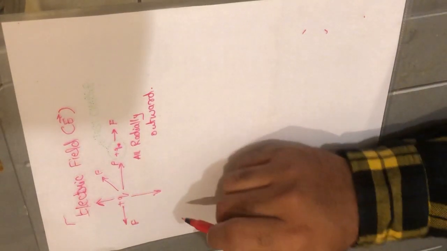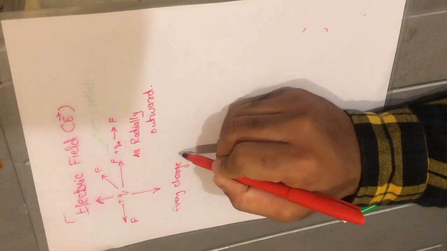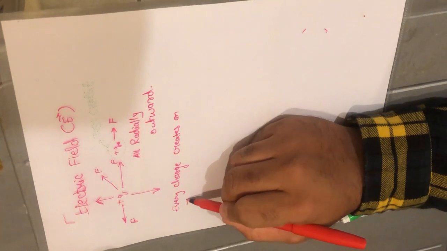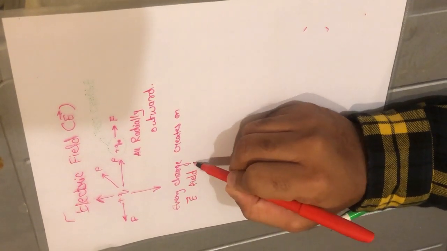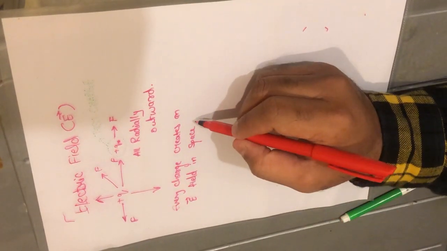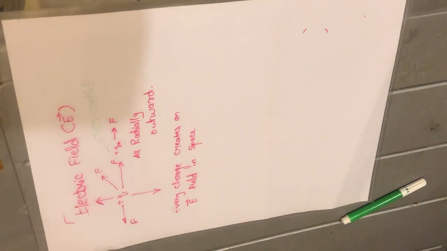So now you already know, here you can see we have an electric field for a positive charge, and we have already studied the basics of it, that a positive charge will always have a force away, a field away from it in all directions. So you can see there is a charge plus q having all the fields radially outwards, and there is also a small charge q naught which we call a test charge. A test charge experiences a force acted upon by the source charge, which is a bigger charge. You already know the concept of source charge and test charge.